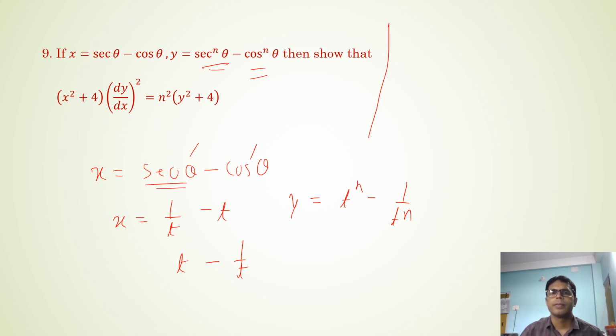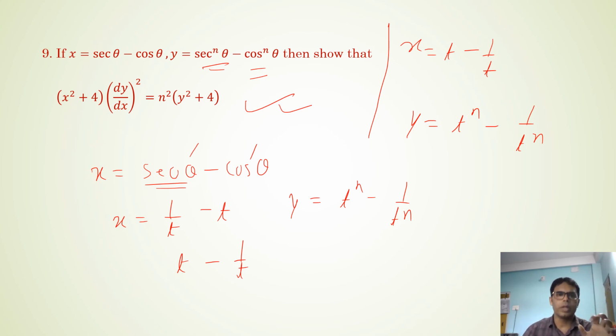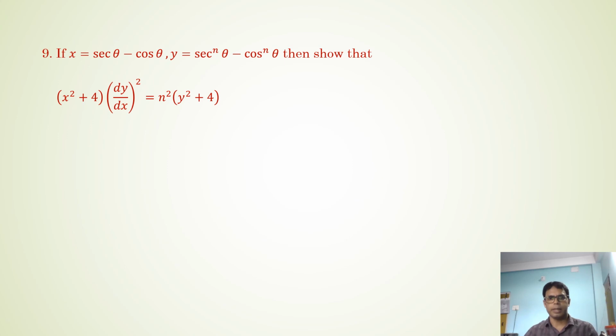গতিকে এই একেটাই কোয়েশ্চন তোমাক যদি এনেকেও দিয়ে যে x is equal to t minus 1 by t, y is equal to t power n minus 1 by t power n, then prove that, answer একেই থাকিব। কিন্তু এনেকেও দিব পারে, sec আৰু cos ক্ষেত্ৰত, cot আৰু tan ক্ষেত্ৰতো, sin আৰু cosec ক্ষেত্ৰতো, একো প্রবলেম নাই, সব ক্ষেত্ৰতেই তোমার আনসারটো একই থাকিব, মানে x square plus 4 into (dy/dx) whole square is equal to n square into y square plus 4. গতিকে কনফিউজ নকৰিবা, আমি এইটো কোয়েশ্চন সলভ কৰিম, বাকিখিনি নিজে পাৰা।